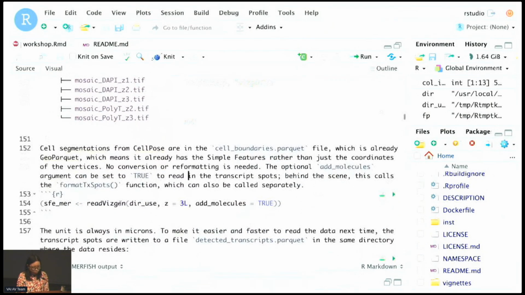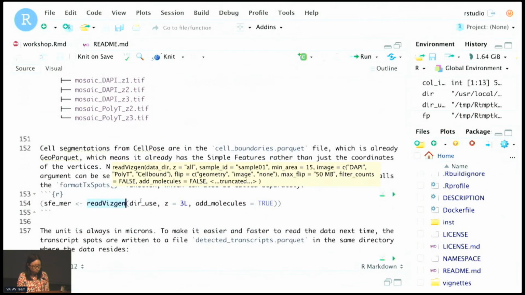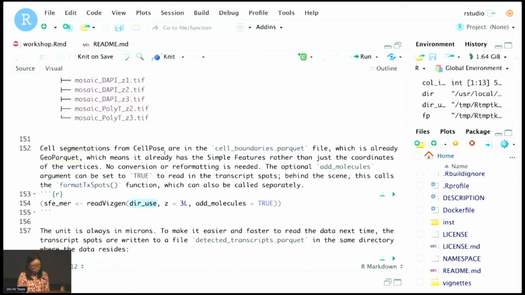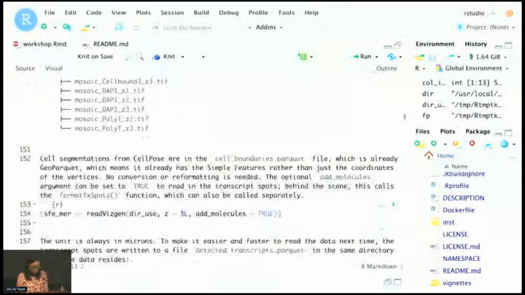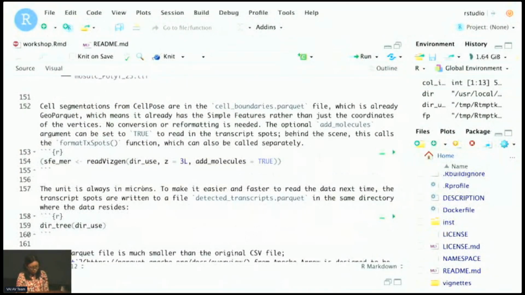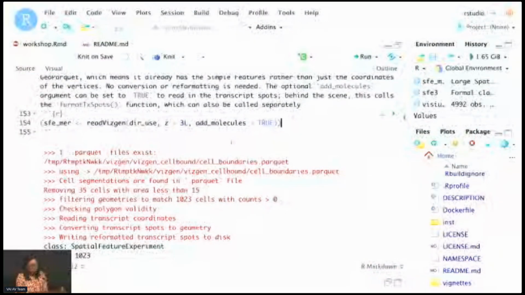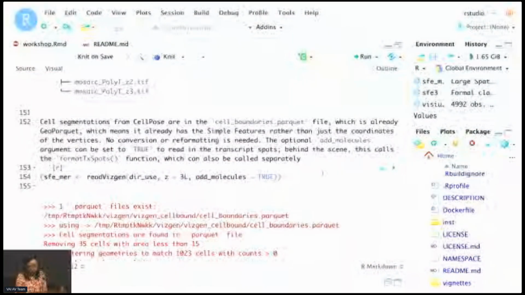So here we use the read VisGen function. That's just the top-level directory of the output shown here. You can select which z-plane to read. For MERFISH there are usually 7, but for cell segmentation they're all the same.